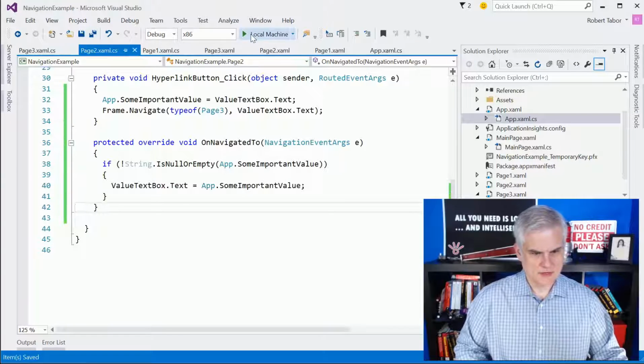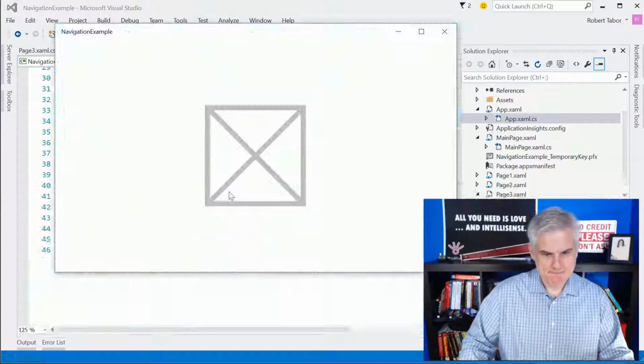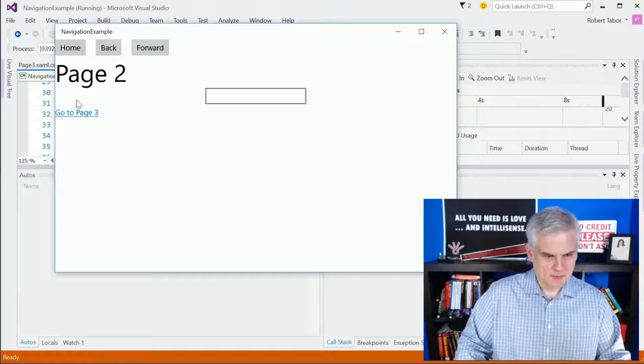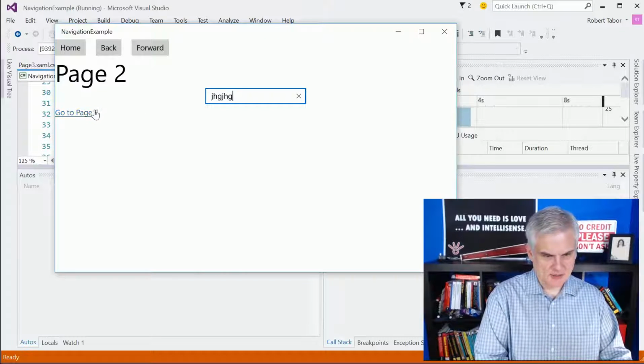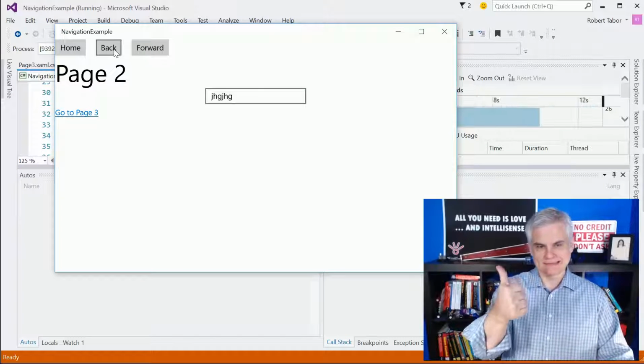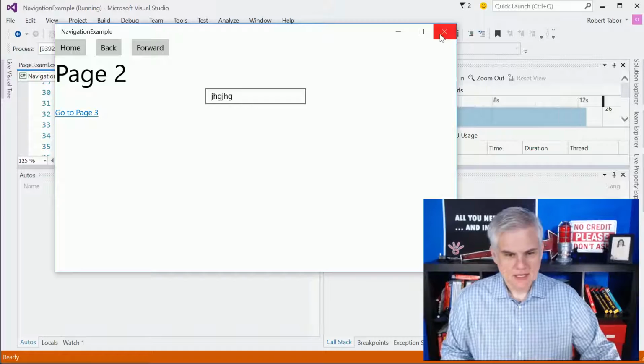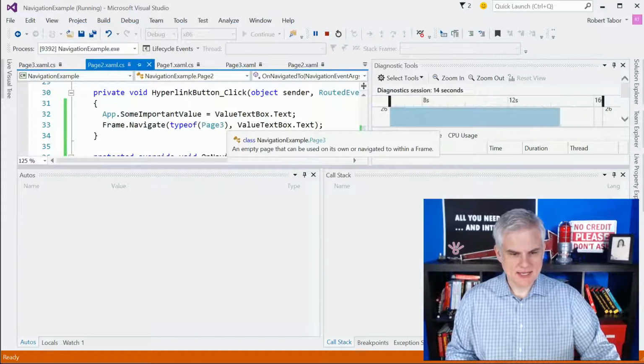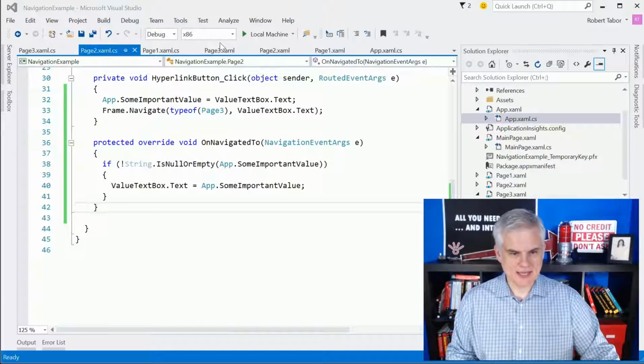So let's go ahead and run it now. All right, so go to page 2. Here we're going to type something in, go to page 3, and now we're going to go back and we have the value again. So it worked. Very cool. All right, the next thing that I want to demonstrate is how to navigate to a whole different